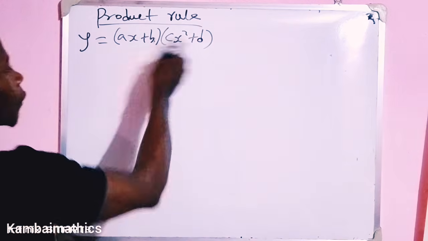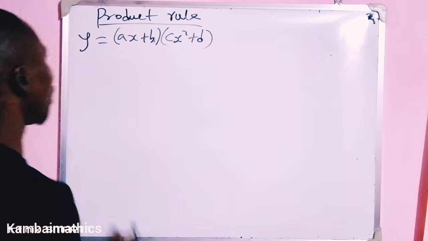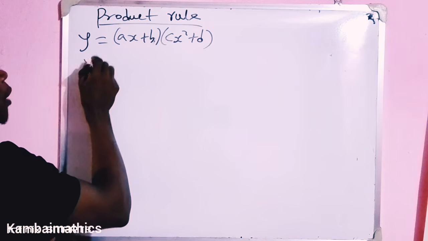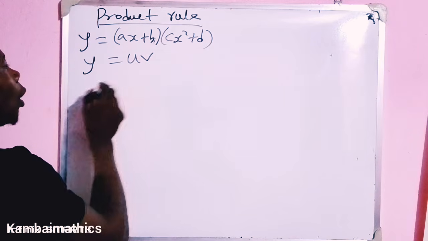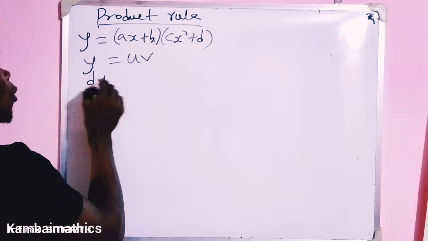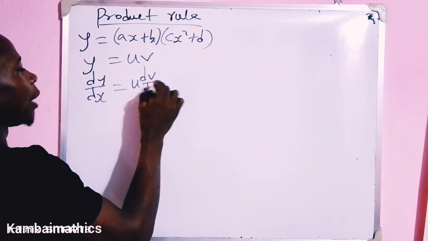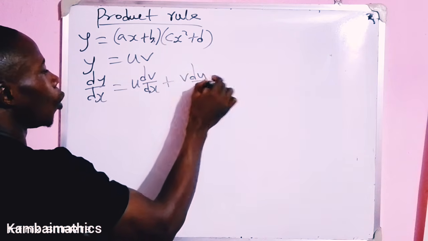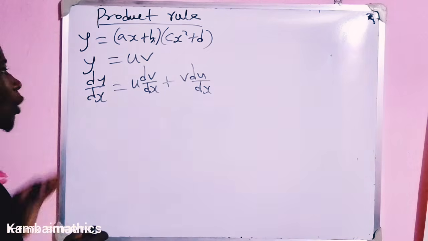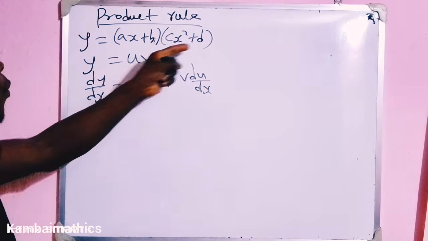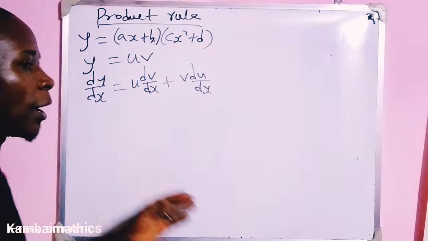If you have something like this, how do we resolve it? The formula is, sometimes we have it as y equals uv. So this will give us dy over dx equals u dv over dx plus v du over dx. So in this case, when you have functions in this form that are multiplying each other,